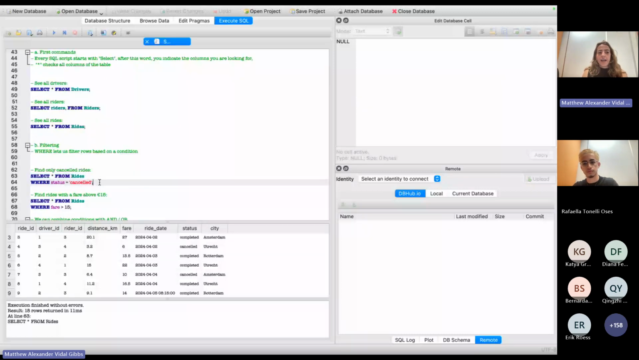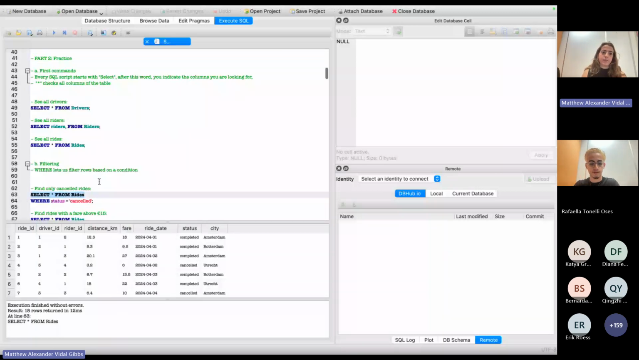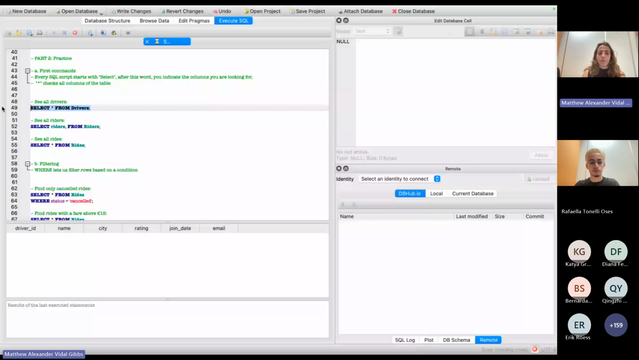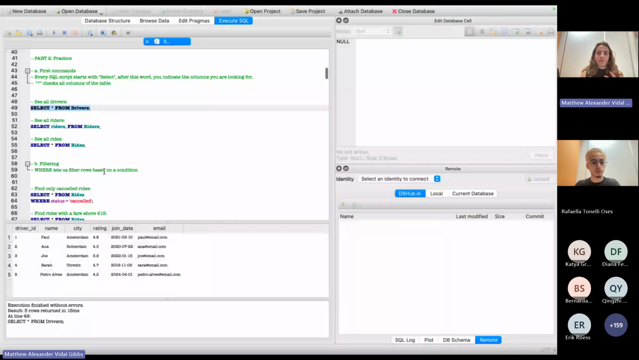So for example, here I have two-line commands, but if I only underline the first and press enter, I will only be running this first line command. And let's see the tables that we have here, so you start to get familiarized with the database that you have. For drivers, we have the driver ID. As you can see, it's unique. You have names, city, ratings, join date, and email. For riders,